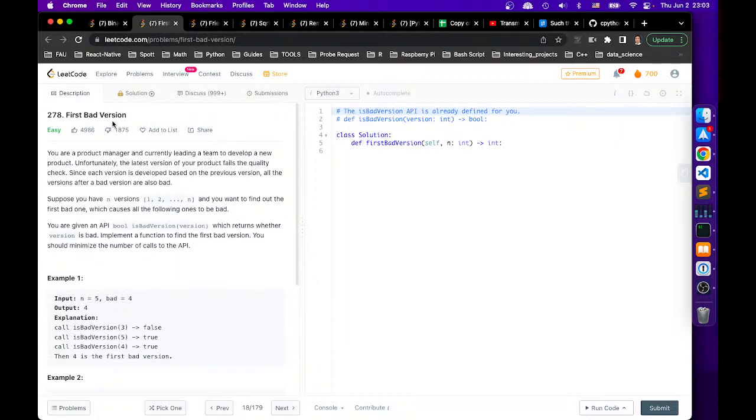All right, so first bad version. You're a product manager and currently leading a team to develop a new product. Unfortunately, the latest version fails the QA. Since each version is developed based on the previous version, all the versions after a bad version are also bad. Suppose you have n versions and you want to find out the first bad one, which causes all the following ones to be bad. You're given API isBadVersion, which returns whether the version is bad. Implement a function to find the first bad version. Should minimize the